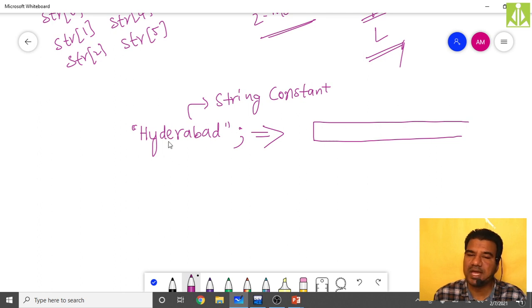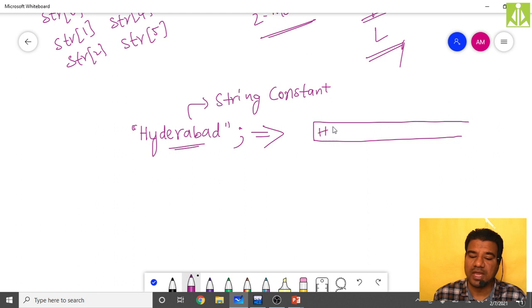To store this 9 character string, how many memory locations do we need inside your computer? We need 10 characters, one extra for storing the delimiter, the last null character.